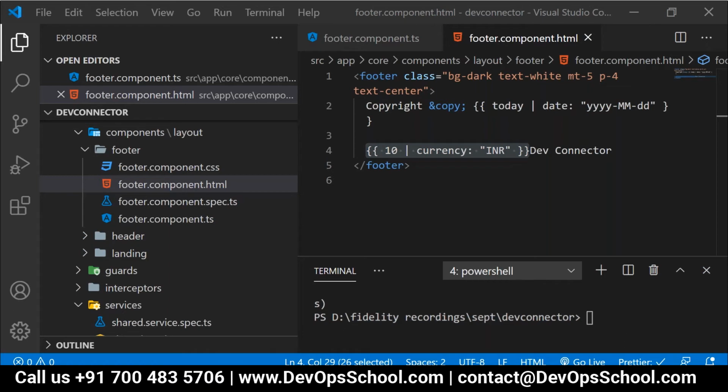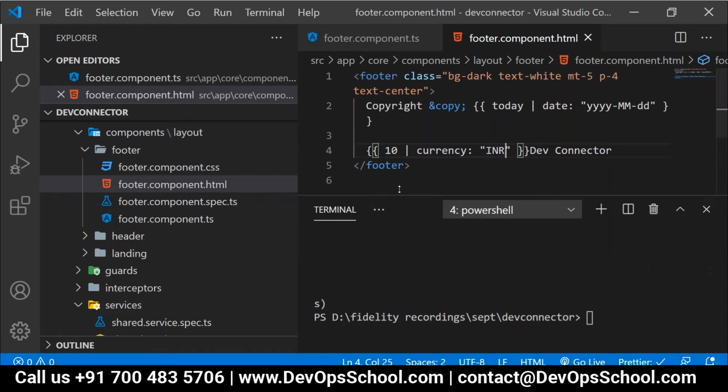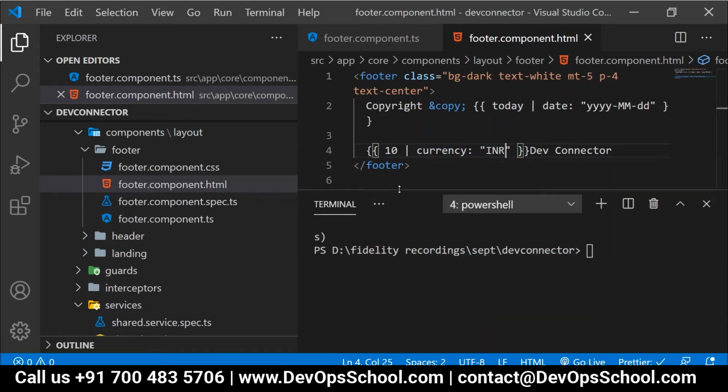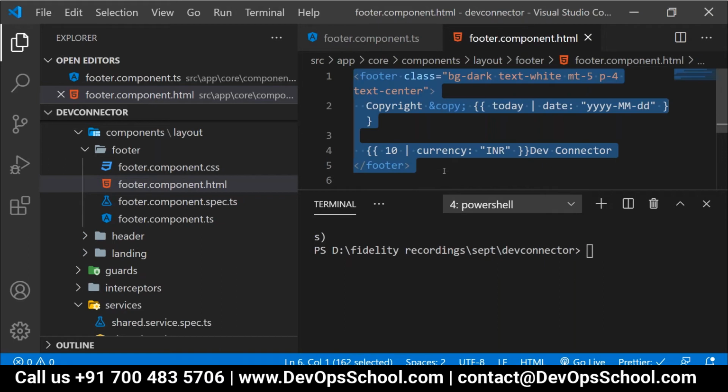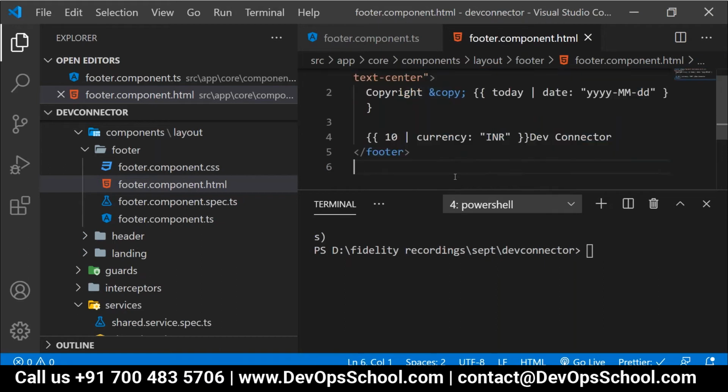These are the predefined pipes. And if you want to design a custom pipe, I'll show you that example now. Clear? People, can you quickly check this at your end? I'll give you a minute's time.